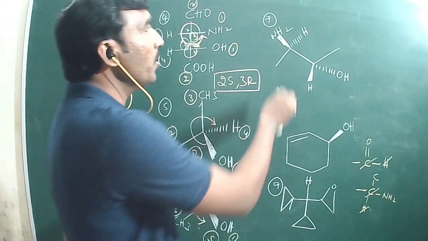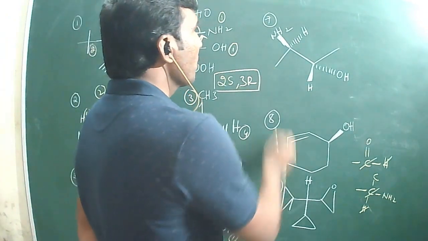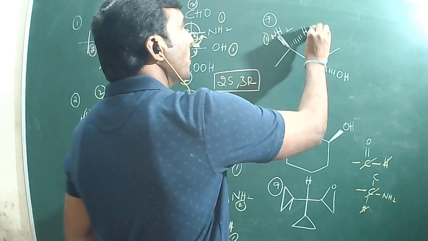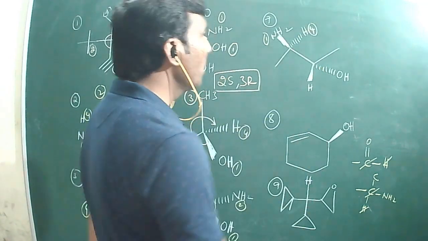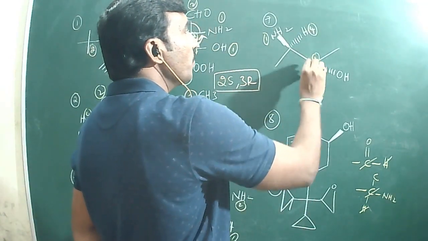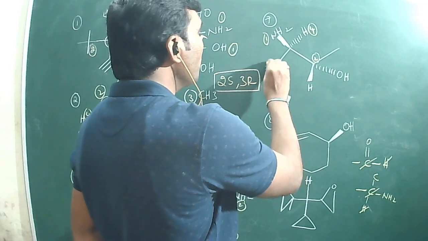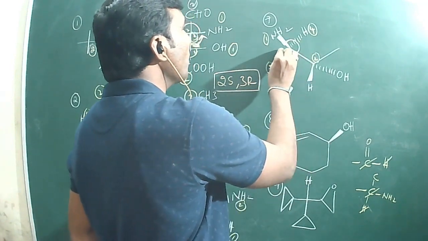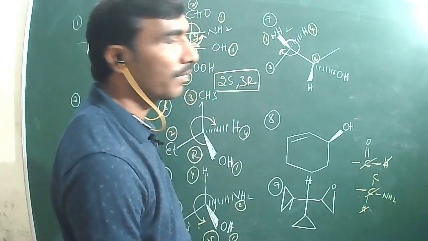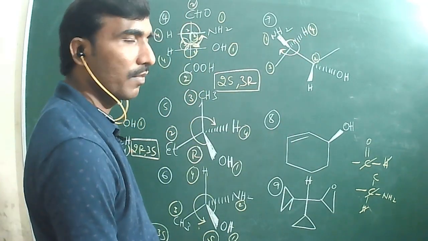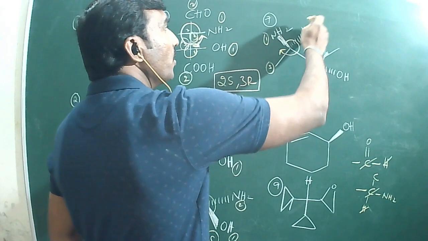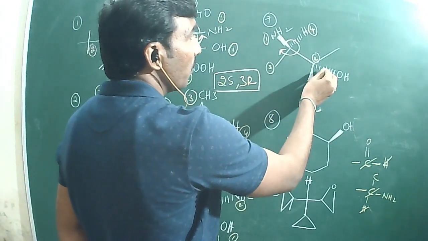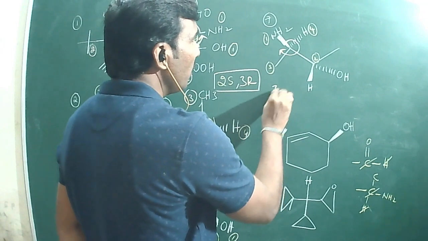And coming to here, first priority should be given to here, it is on thick line, and the least priority group is on dotted line. Now second priority should be given to this entire group, third priority should be given to this one. So 1 to 2, 2 to 3 clockwise or anti-clockwise it is. You have to ignore this part always, right? So it should be 2R, actually it is 2, it is 3R.